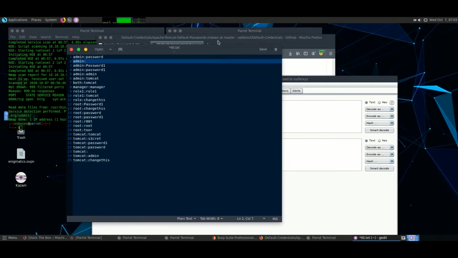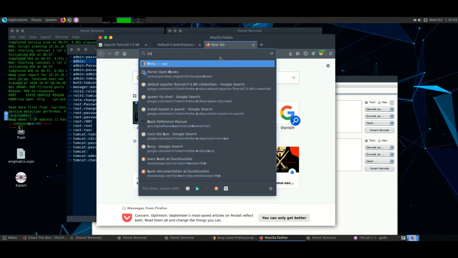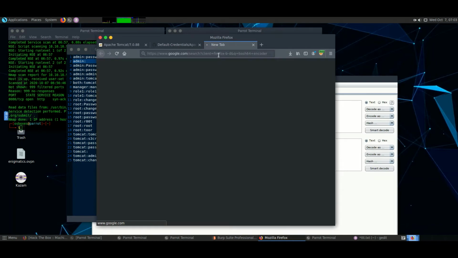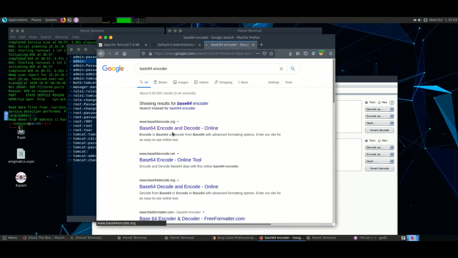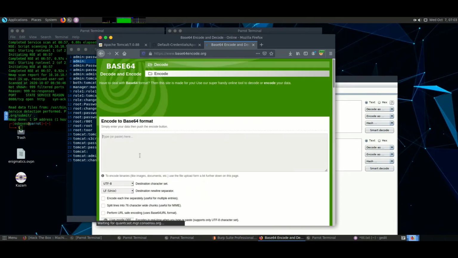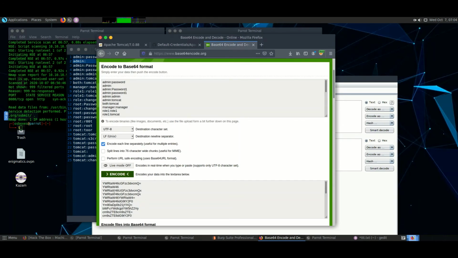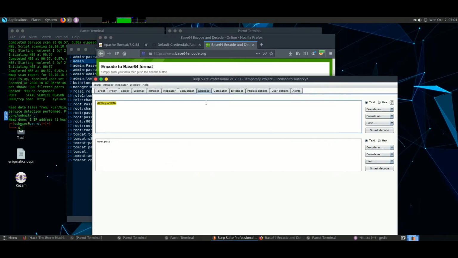But there it is sent as a request in base64 format, so we'll go for the encoder. Done. So we got all the encoded forms of the usernames and passwords. We'll go for Intruder.